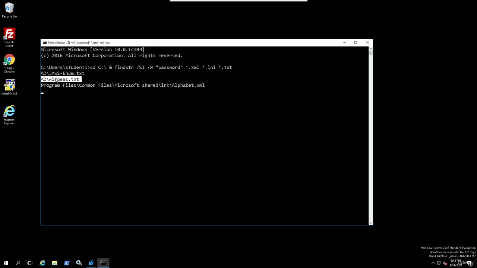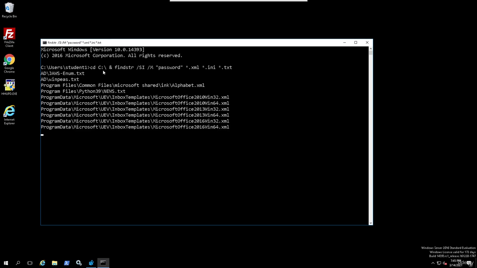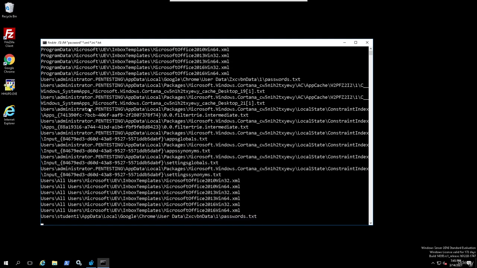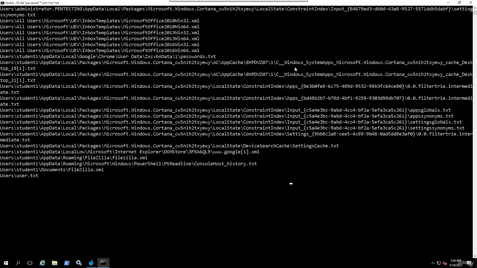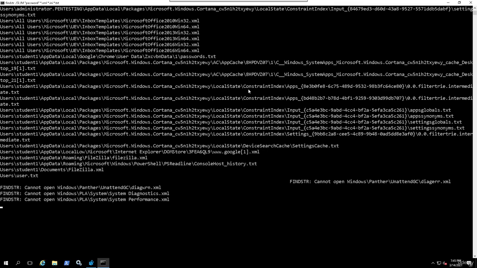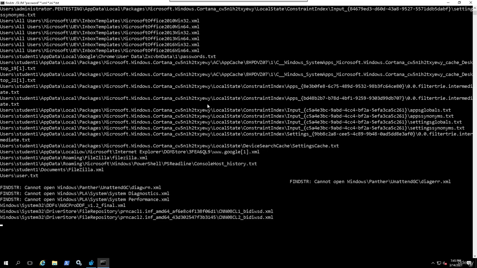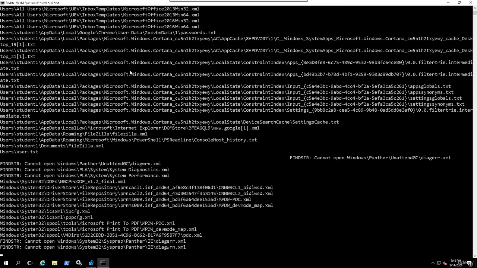You can see in here that it found WinPEAS and LinEnum, and that's because those are scripts that we use to find passwords too. Since these two files contain the word password in them and are text files, that's why we were able to find them. Let's see if we find anything else. And I like this one better because it doesn't provide you with the content. Because if it provides you with the content of all of this, it is going to give you a lot of stuff in this command